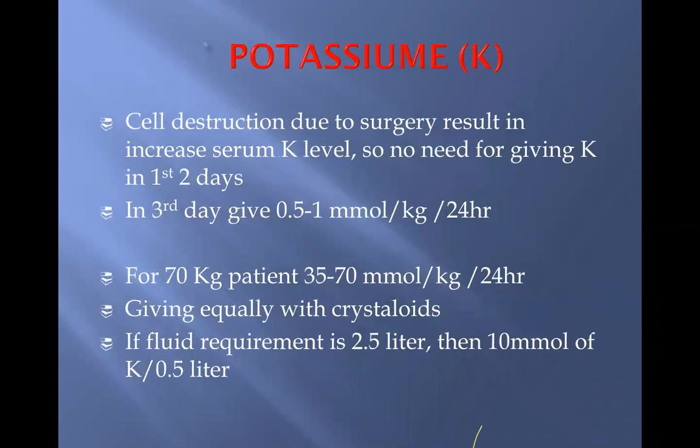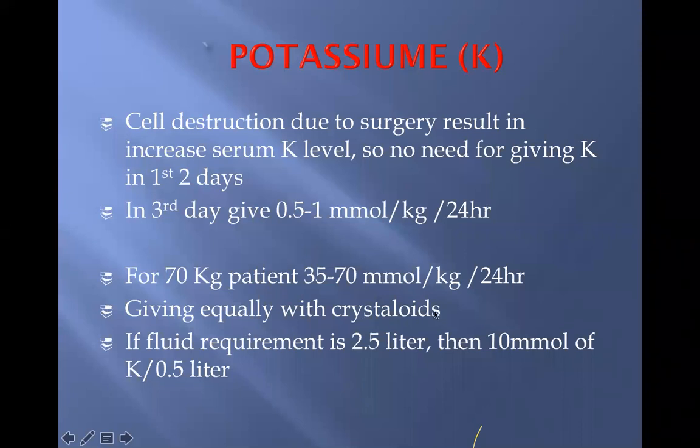What about the potassium? Regarding the potassium, the cell destruction during surgery results in an increased serum potassium level, so there is no need to give potassium in the first 2 days. While on the third day, we can give potassium at the normal requirement of the body, which is 0.5 to 1 millimole per kg per 24 hours. So for the 70 kilogram patient, we can give 35 to 70 millimole per 24 hours,